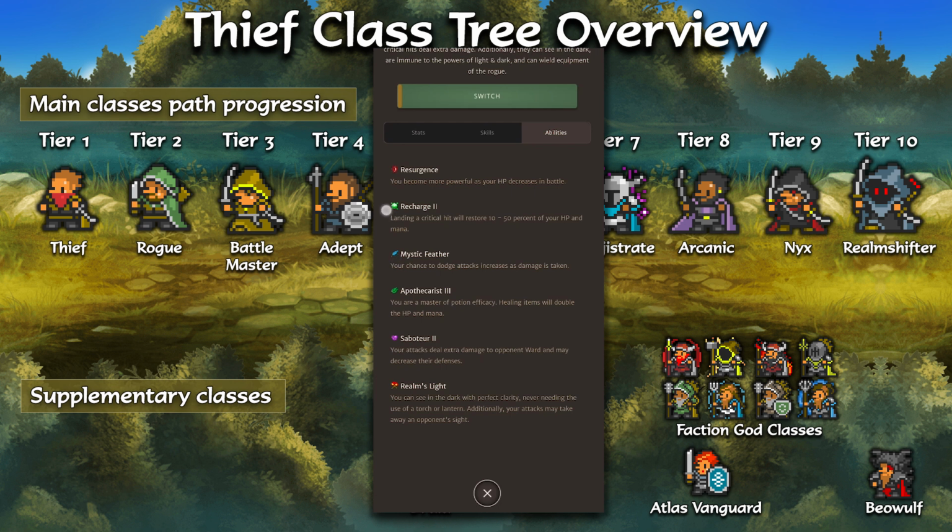Recharge 2 is great to have as we can build around trying to proc it when we need to. For example, when using multi-hit skills we're never going to crit unless using Realm Strikes, so if we want to stay low health we can use them, whereas if we're doing something like hard mode dungeons we can use a skill like Sortie or Lunge to regain our mana, and then a cheap skill like Double Edge to work back down into Resurgence range. Finally, we get Apothecarist 3, which doubles the effectiveness of potions on us,